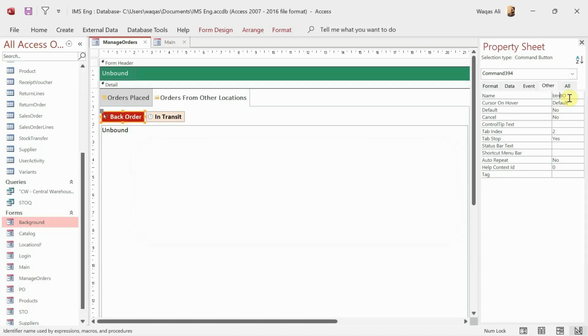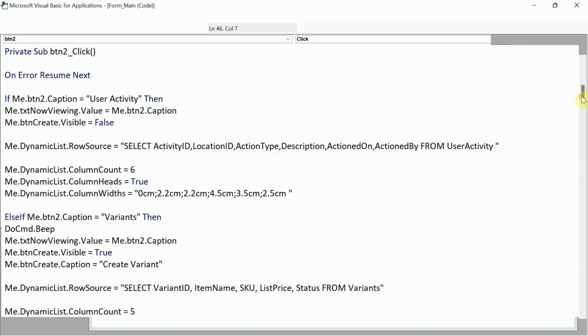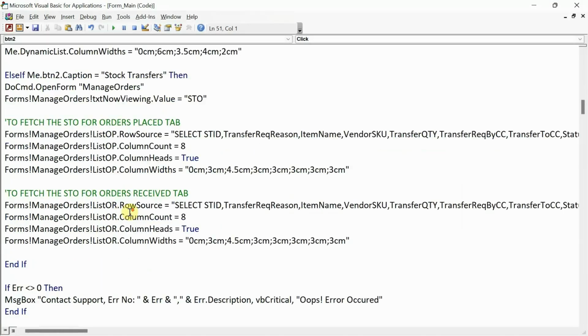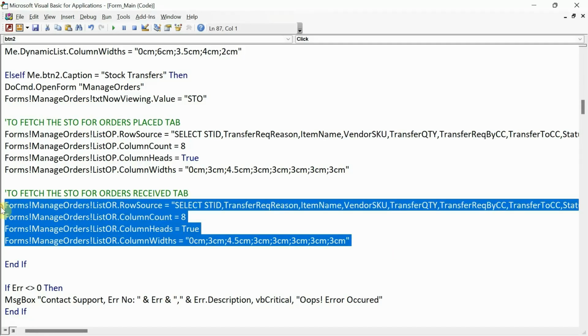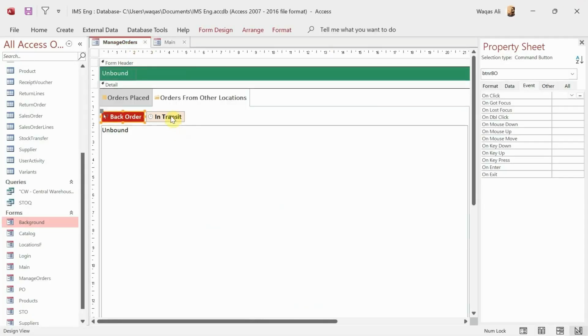Oops, BO is already used, so we'll use RBO, back order for receiving orders. Now I'll go back to the main form, behind this button again, event tab, and this time I'm going to copy this code, because this is used to fetch the STO for orders received. So I'm going to copy this code, close, and we go to the stock transfer, manage orders form, behind this button,